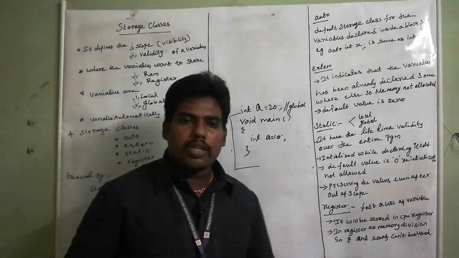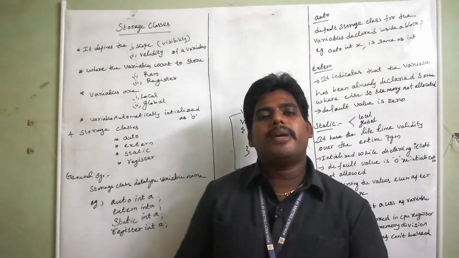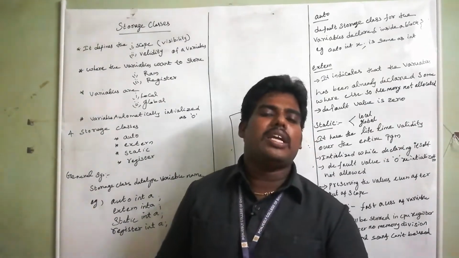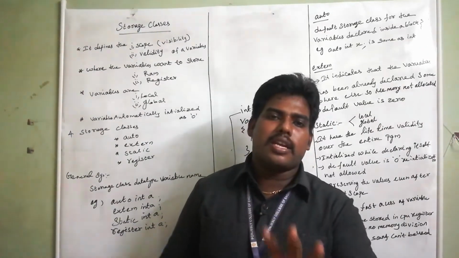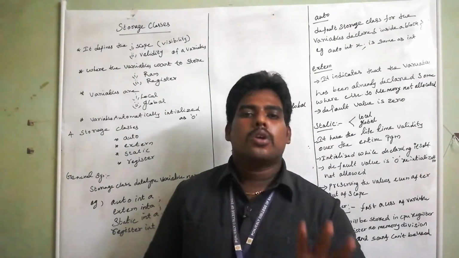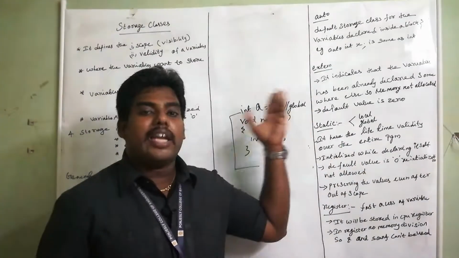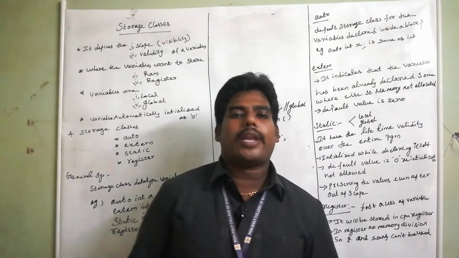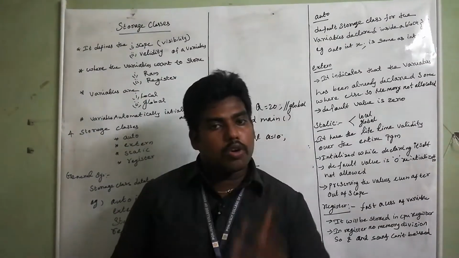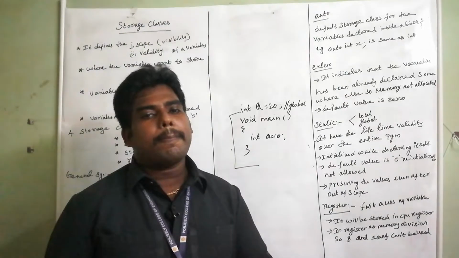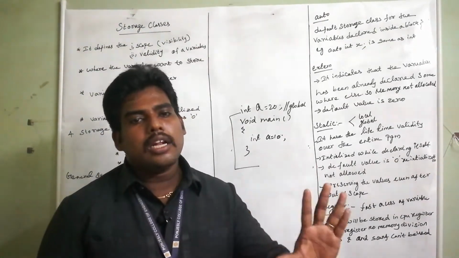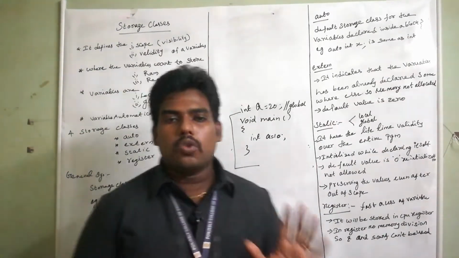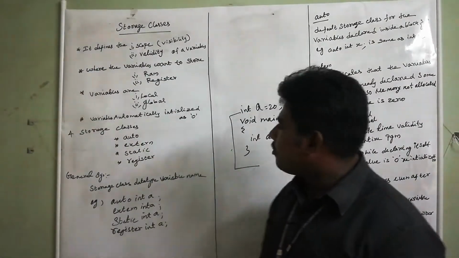Have all of you understood what is global and local? Local means only inside the function or only inside the block. If you declare a variable there, that is local. Global means above the void main. What's the use? It can be accessed anywhere in your program. The lifetime exists throughout the program. The scope and lifetime exist till the program ends. That is a global variable.